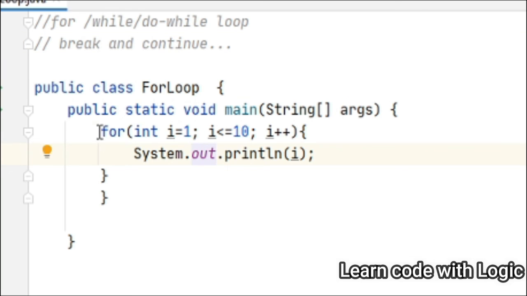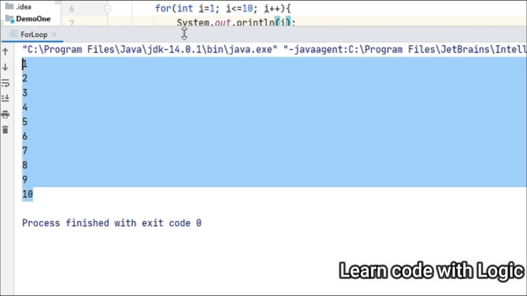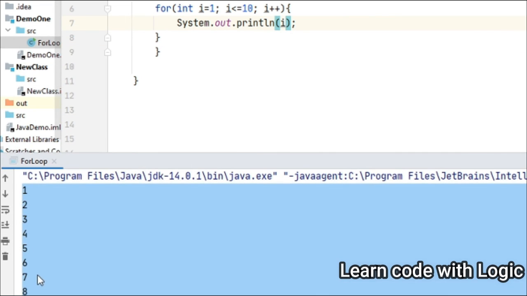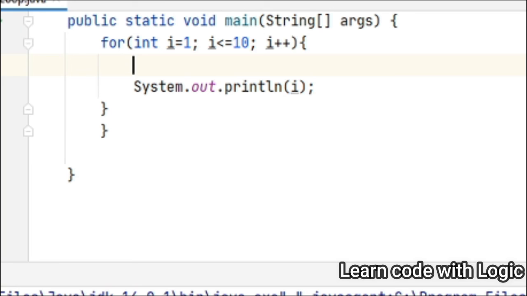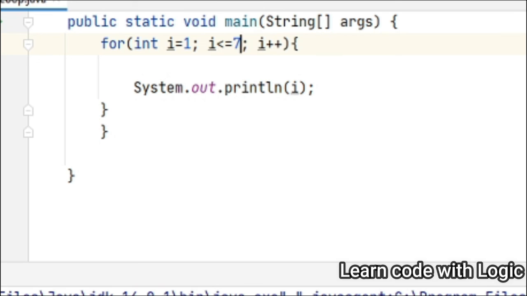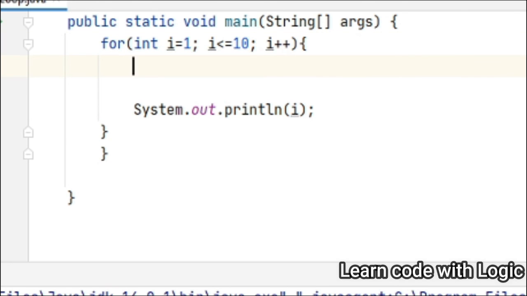This is a simple for loop. This prints natural numbers from 1 to 10. Let's run the code. Look, we get the list of numbers from 1 to 10. Suppose you don't want to iterate after 7. Still, you can give the condition saying that I don't want anything after 7. But without changing the main code, we can use this keyword and write it.